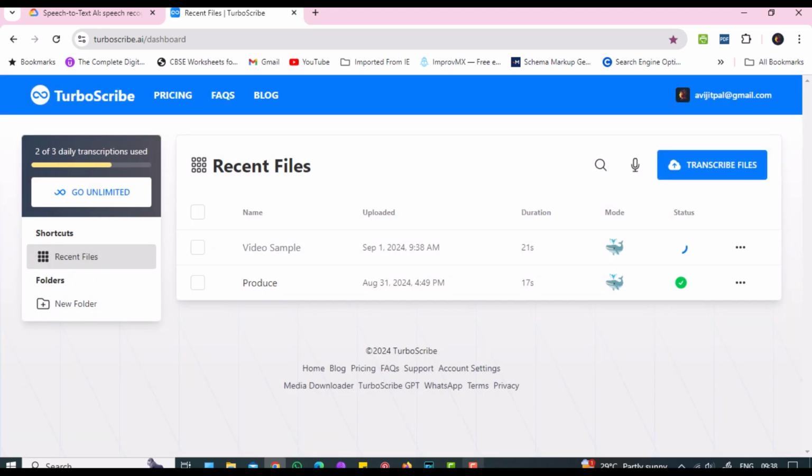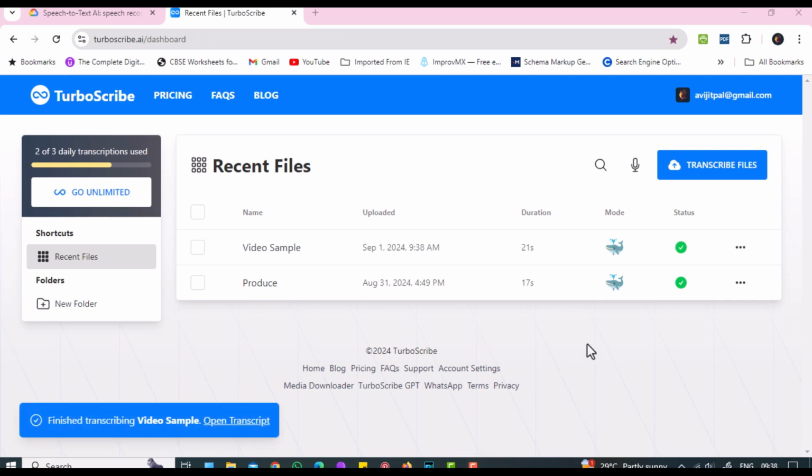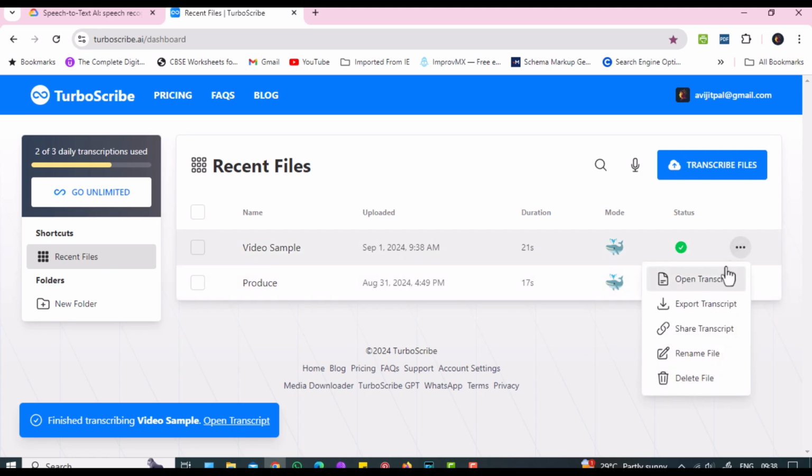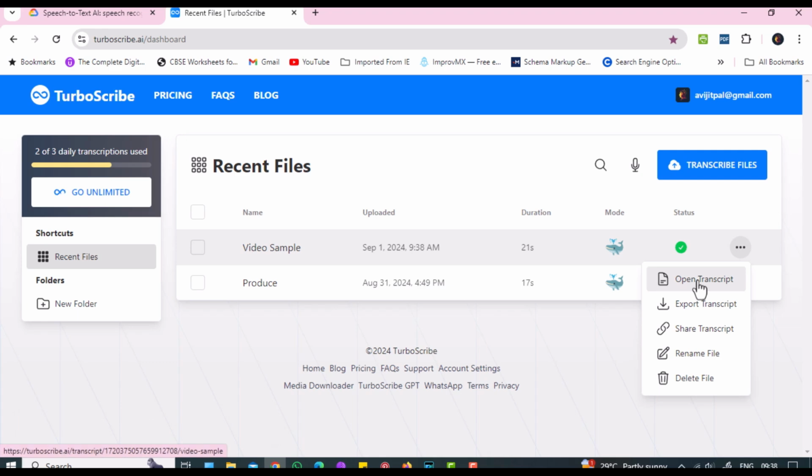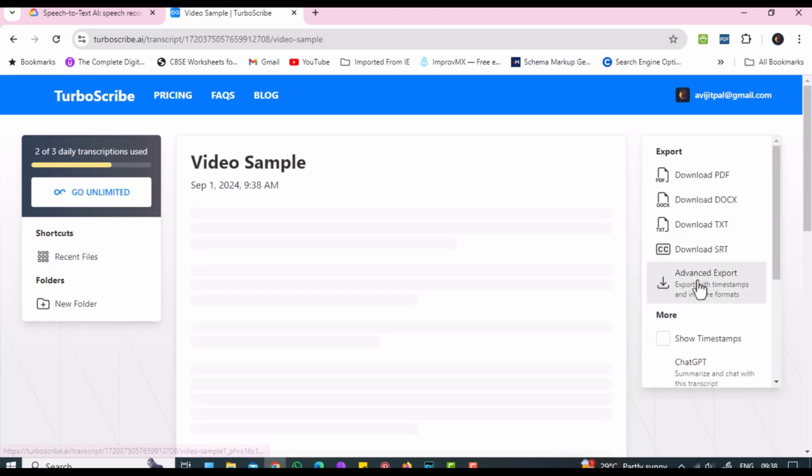TurboScribe will transcribe the video or audio. Then either open the transcript or go to Export Transcript and download it in the required format.